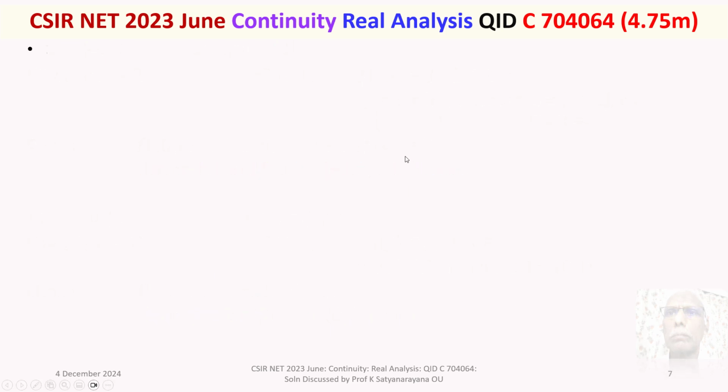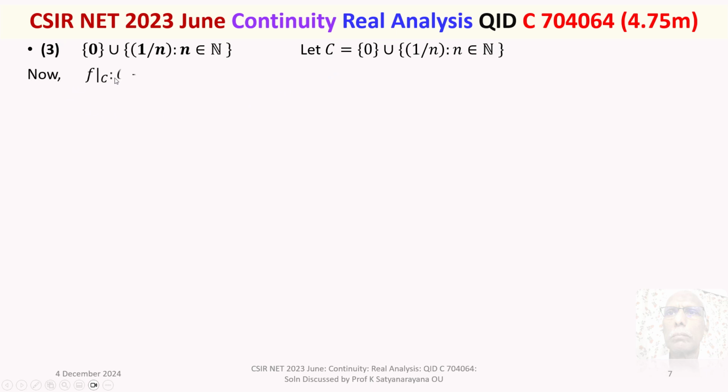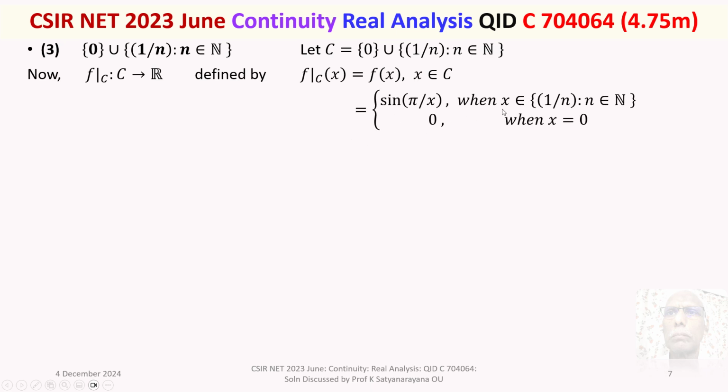Let's move to option 3. This time, the set consisting of 0 union the set of 1 by n, n belongs to N. Let's call this the set capital C. f restricted to C is a function from C to R defined by f restricted to C of x is f of x, x belongs to C, and that is equal to sin pi by x when x belongs to the set consisting of 1 by n, n belongs to N, and C also has 0, therefore it is 0